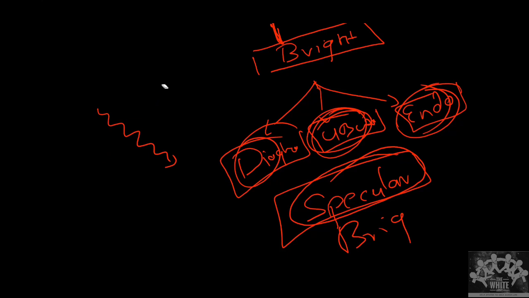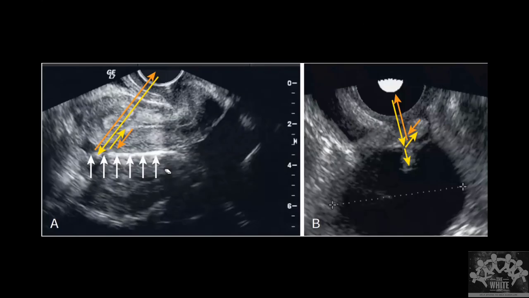So in this, you will see the structure brighter. It will not be as bright as a stone or a bone, but it will look brighter. But it will allow the sound to pass through it also, because it's not because of the density or anything. It is because of the compact arrangement of this structure. Okay, so these are called the specular reflectors.